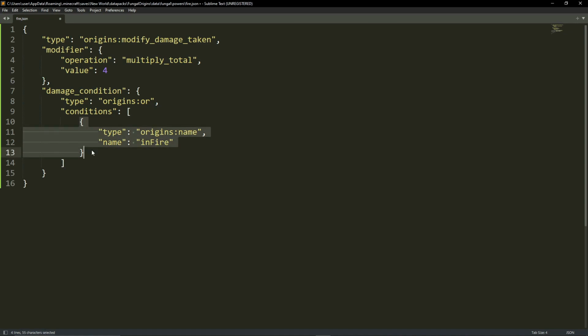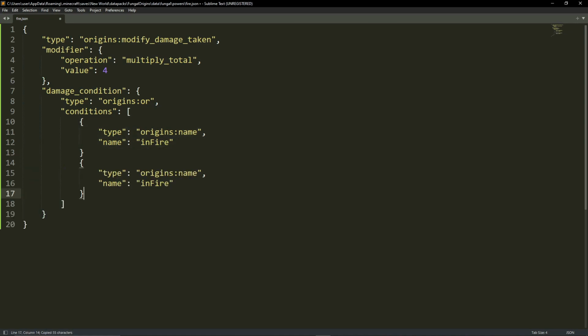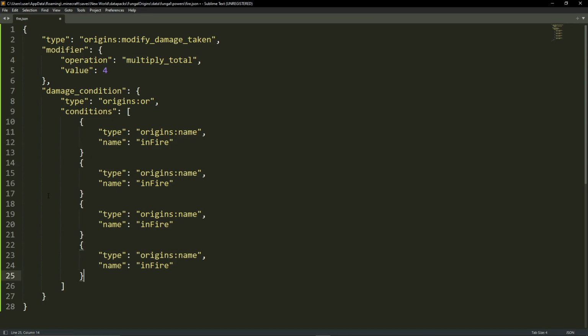Then I'm just going to copy this and paste this 4 times. The next one is going to be on_fire. Then after that will be in_lava, and finally we will have hot_floor. I'll just add commas after every condition except the last one, and then add a comma here. So this is our damage condition, and then this is going to be